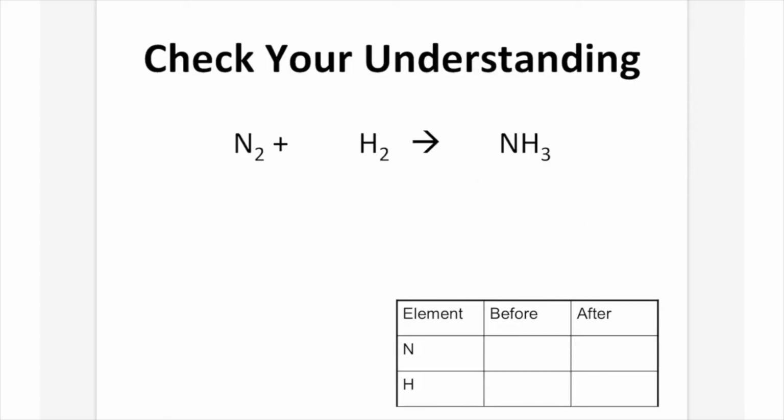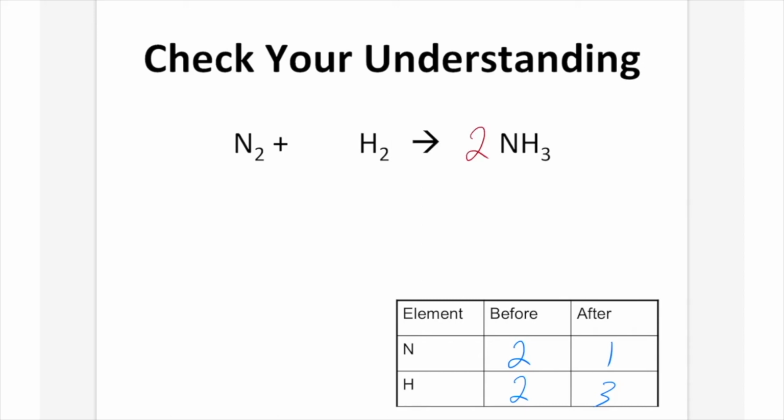Okay, so how do we do this? Well, let's check out before and after at the very beginning. So nitrogens at the beginning, there's 2, and after there's 1. Hydrogens, there's 2 in the reactant side and 3 in the product side. So we got to pick one to balance first. Let's balance nitrogens. So we're going to put a 2 in front of the NH3, and what that's going to do